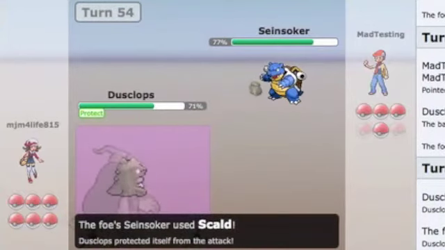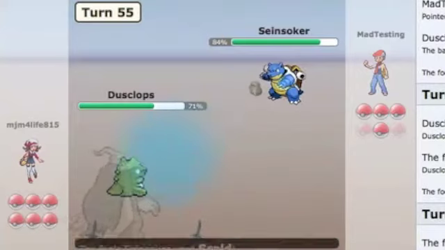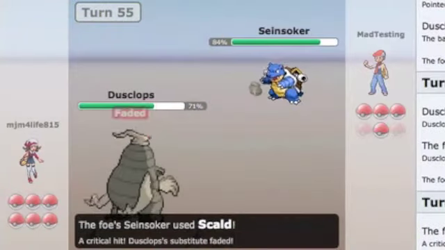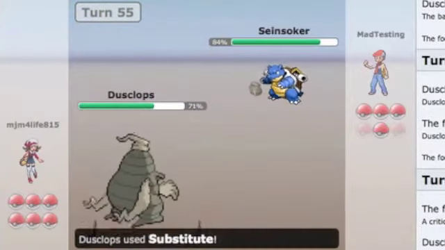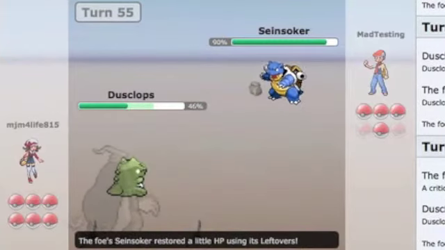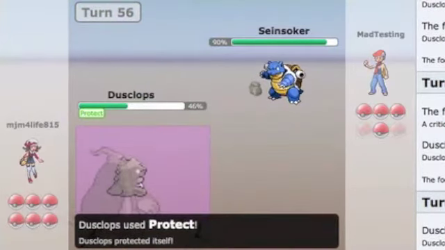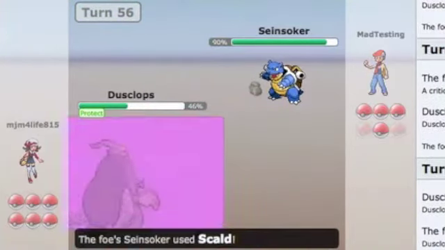So seeing that he went for the Scald is kind of getting me thinking that he actually does not have the roar. So now he's going to, and I don't think he can break my sub with one hit, but he does get a crit on my sub. I don't think he can break my sub with one hit of Scald, but he does get a crit there as I go for the other sub, kind of scouting to see whether or not he could. So I'm going to protect, and again, I'm just going to keep protecting and stalling out